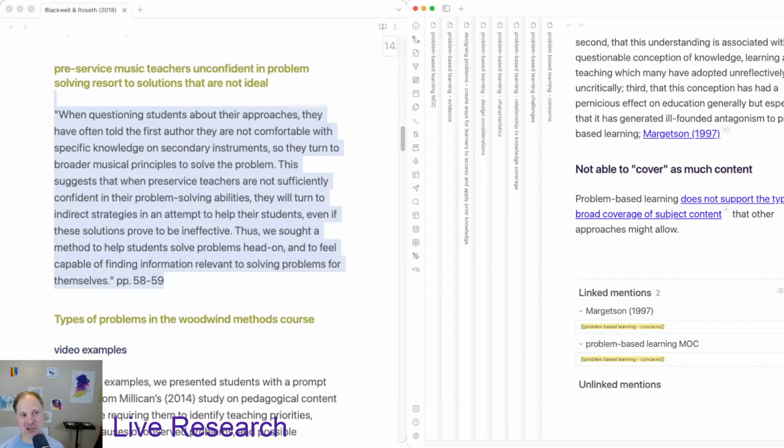The interesting thing here, though, is in this project, I'm really thinking about how you make sense of this more at the K-12 level, and a lot of the problem-based learning literature in music education is at the higher ed level. Not a big deal. It's just as I'm thinking about where I put these kinds of notes, what I'm going to do is put it here for now, and we'll call this